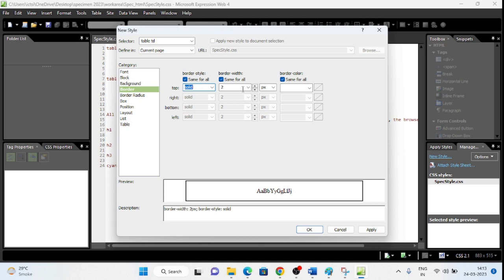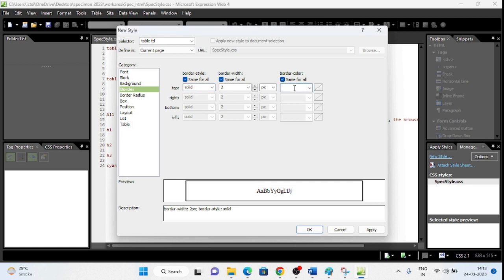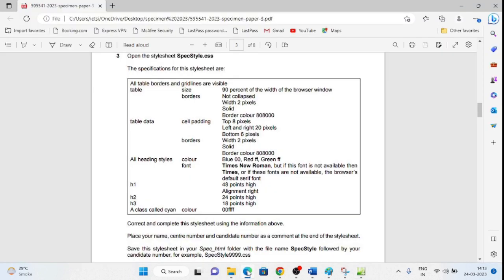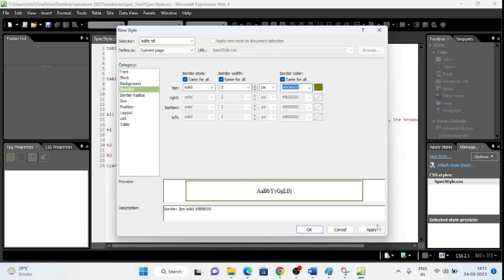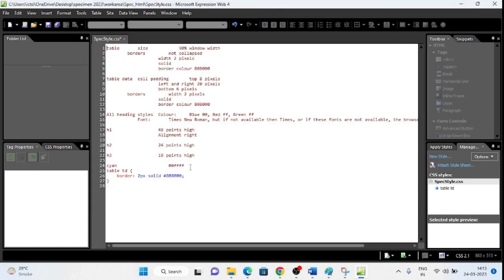So border style and border width we have taken 2, which is common for both. And even border color is common, right? 808000. So we can even take border color over here. So color is #808000. Okay, because this is given in the question paper. Apply and okay, done. You can see this table td style is created.